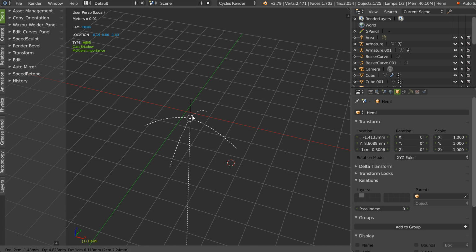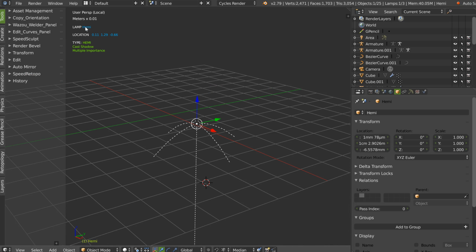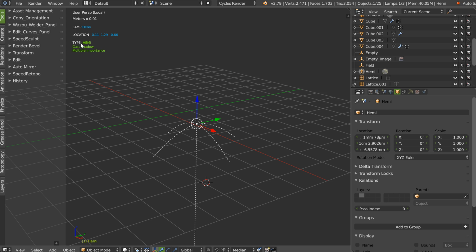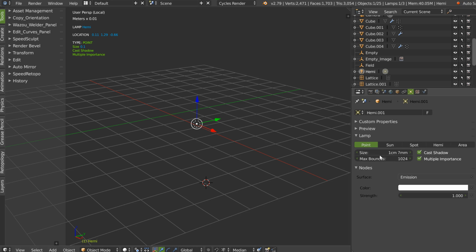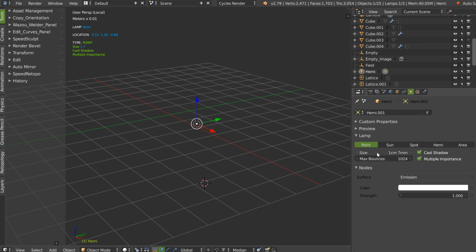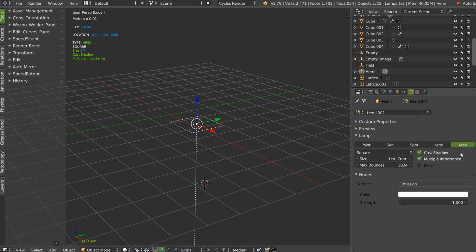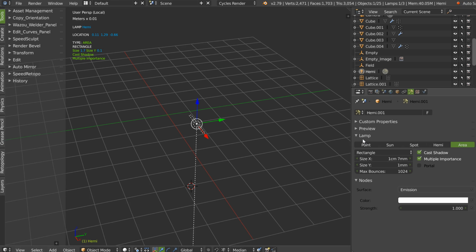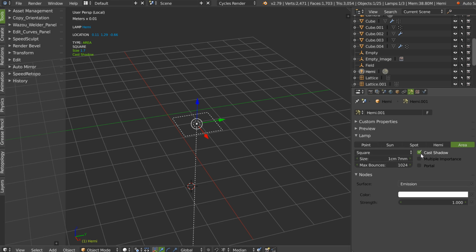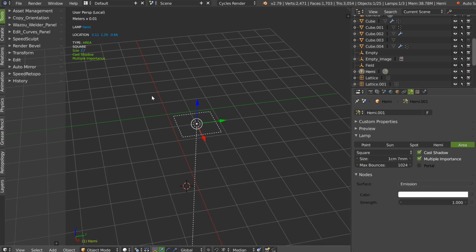If you add some objects, you will have, for example, a lamp with its name, and the type. If you go in the lamp, you will have point, the size, I have to edit here for this one. And I think this is an old light. The area is the next, but all of these are old and don't update. Okay, so on the area you will have a rectangle with the different options, square, cast shadow, etc, etc. I will have to see to add the strength. That can be useful for the strength.